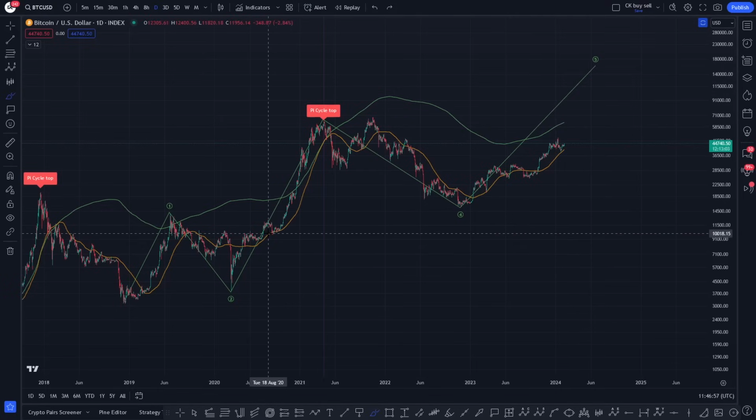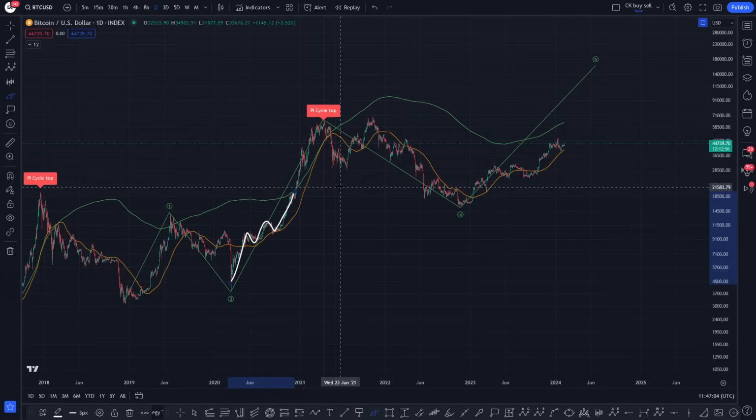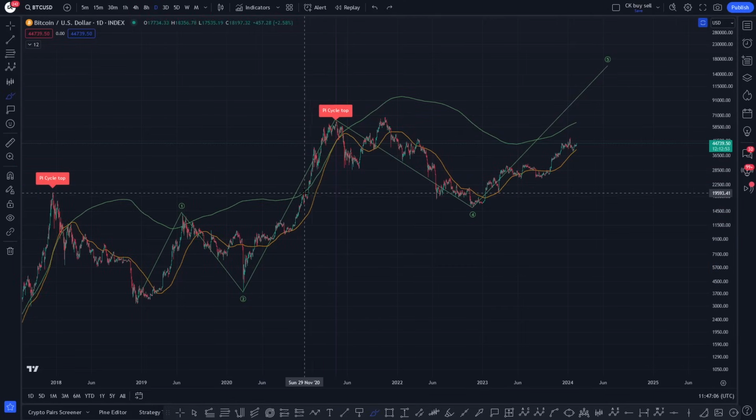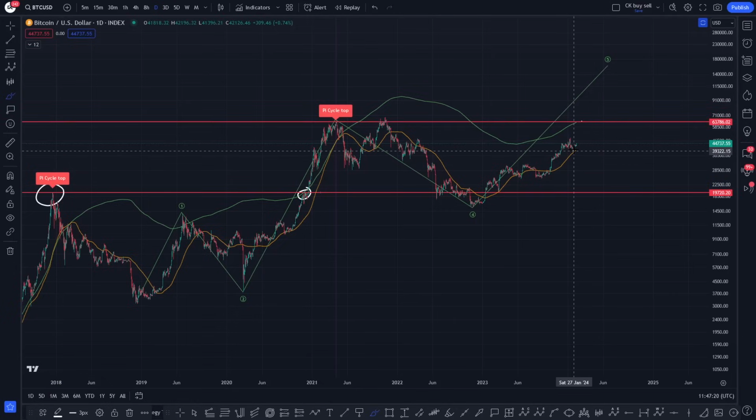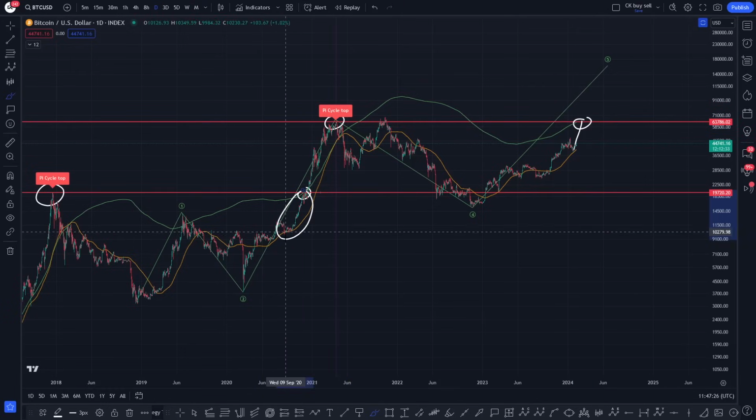So at this point here, if we take a look, we busted a move above the orange line. We're holding the orange line, and then we attack the green line, which is part of the pi cycle top indicator. It's a moving average. So if we drop this particular level in here, where we found resistance on that green line, you can clearly see it was bang on the money of the previous all-time high. So if I go to this green line right now and drop a horizontal line in at this point, you can see that if we start to go at this point, this is where we could go parabolic into the green line and the previous all-time high, like we did just there after retapping that orange line, which is pretty much what we've just done.